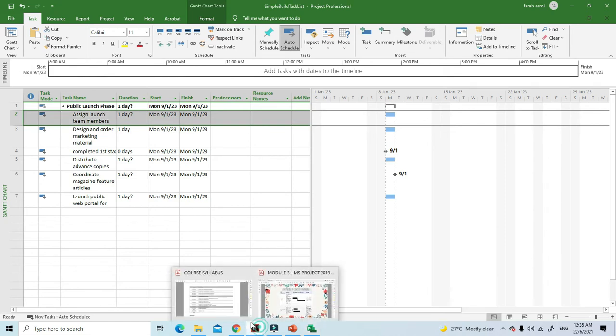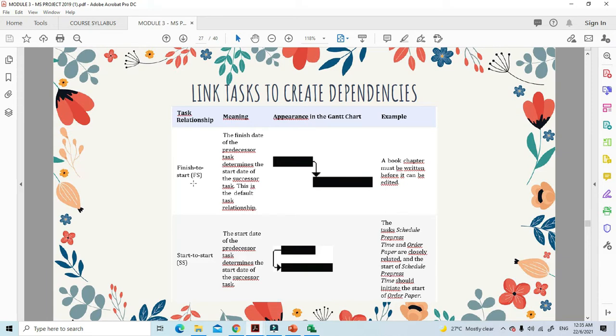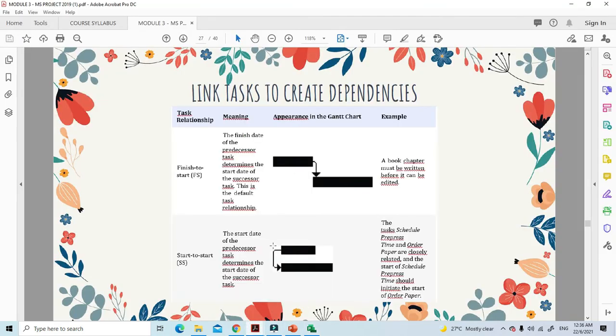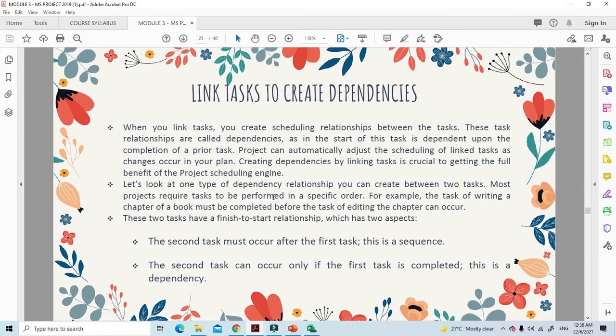Here it is, by using the dependency. So we can use finish to start. Okay, these are the terms used, predecessor and successor. So in this case, predecessor is the first one, right? Okay, if you're looking at the definition, predecessor